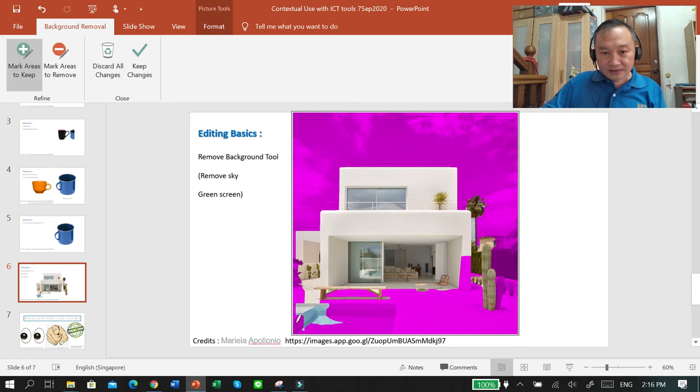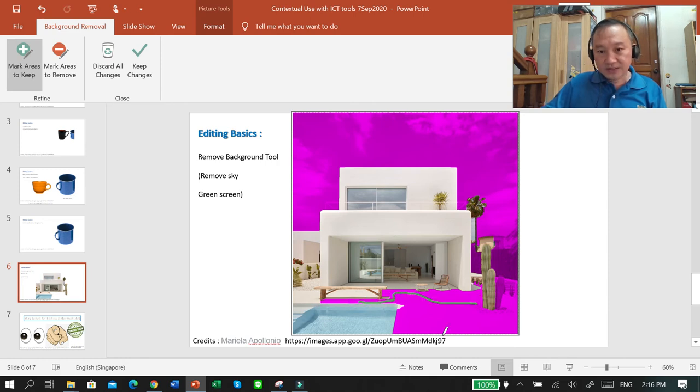You're just going to continue to persevere and make sure you've selected the areas that you want to keep. Now you see this bench part here, you have to draw a line so that you will keep the space between there. Now this is actually a swimming pool, so I'm going to try my best to keep as much as I can. So as I kept that water in the pool, you can see that this plant here has become marked to be removed, so you have to select it back again. And you see this part here, inside the house, the living area, and this immediate floor near the bench, you just select the area, and this cactus here, this plant I want to keep,